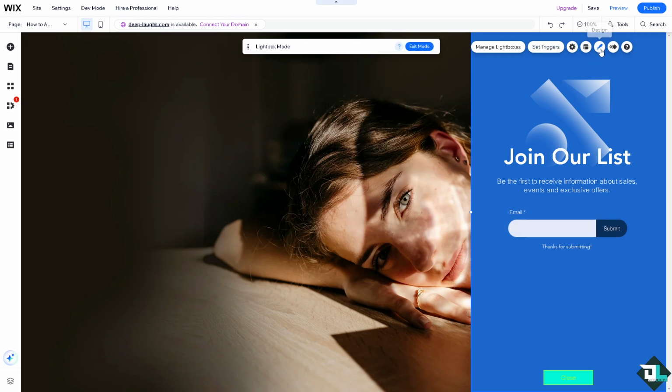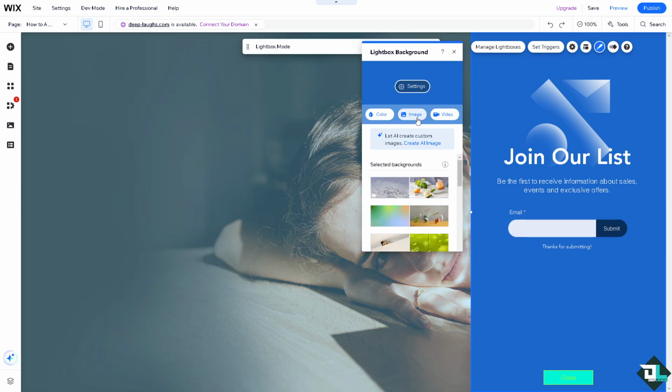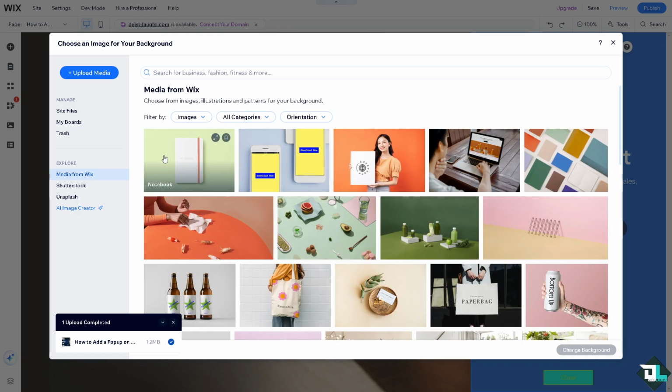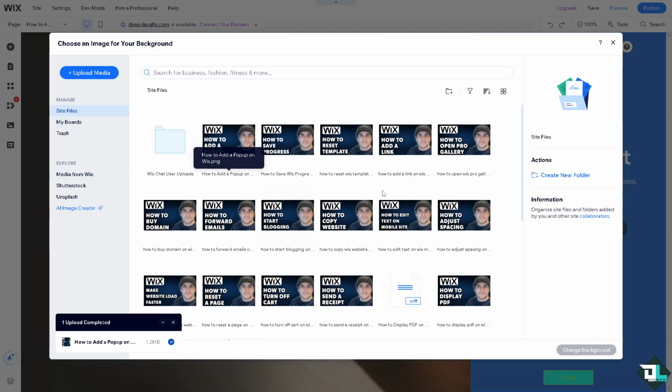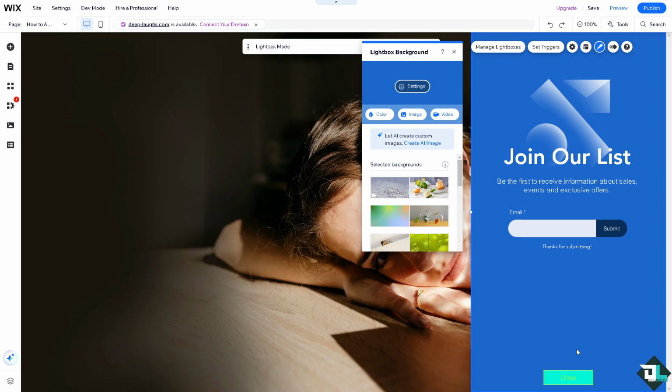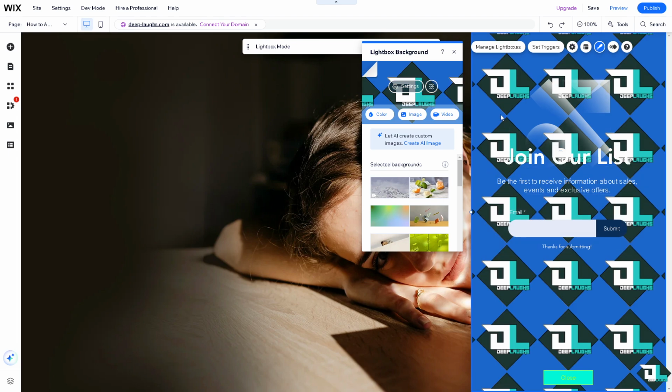All right. You can put in the design, for example, on the image. If you're not happy with that, all I have to do is hover. I'm going to be putting on my media. All right. Site files, I'm going to be hovering to our logo. And that's going to be this. Okay, so you see that? That's basically how you add a